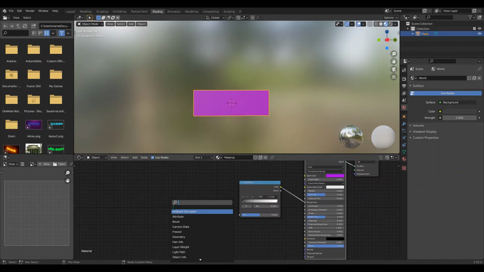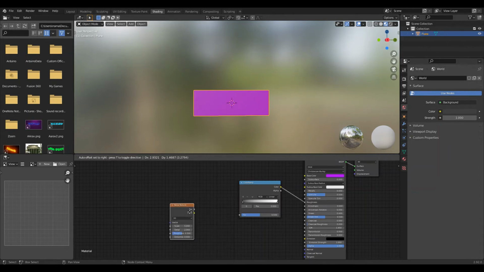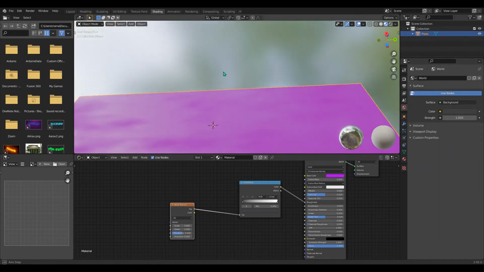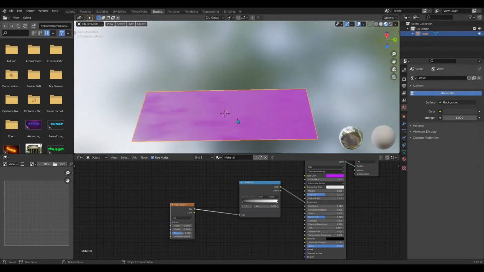And then now add a noise texture. And if you look, you've got a bit of a noisy kind of thing. So I'm going to decrease my scale a bit,